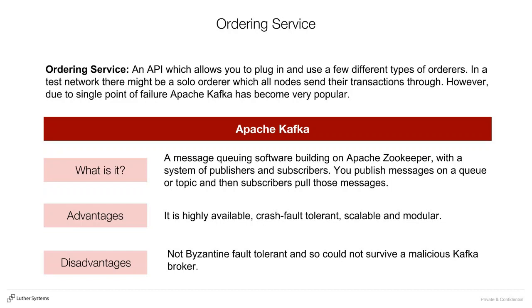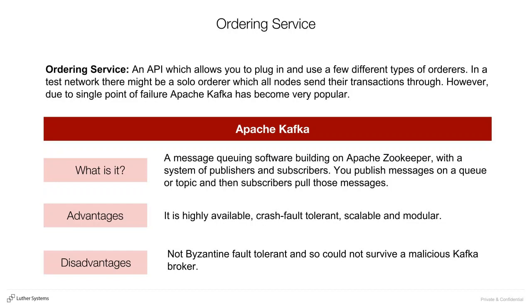It's a single point of failure. And depending on your application, if you have a bunch of untrusted organizations on a single blockchain network, then there's a question of, okay, who's going to be the trusted third party to perform this ordering function? And so that led to the development of the